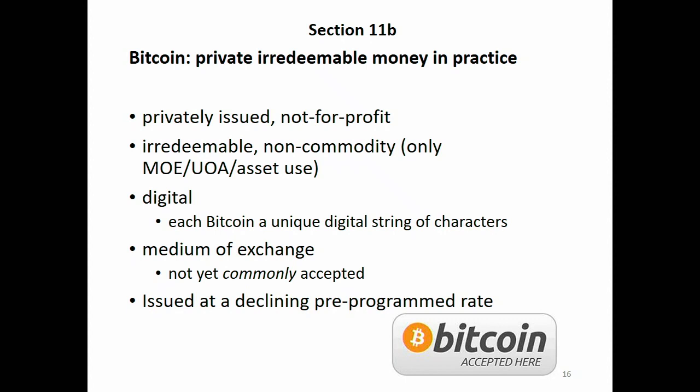Yes, and it's issued at a declining rate that's pre-programmed. This is how they solve the problem of privately issued currencies naturally hyperinflating. Because the people that run Bitcoin, it takes 51% of people that own Bitcoin to make a decision to change something about Bitcoin, but they don't want to do it. They naturally don't want to, because if you start changing the rules, people are going to think, oh, they're just going to hyperinflate their currency. There's no reason to hold it. They've committed to issuing the currency at a path.